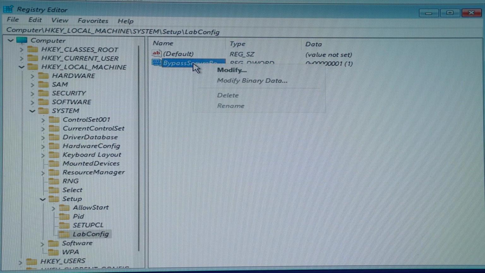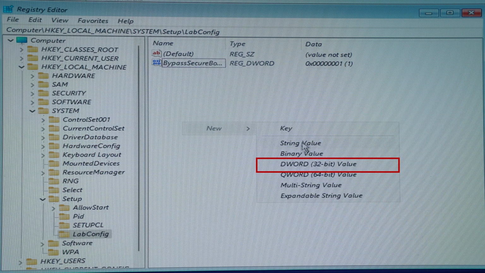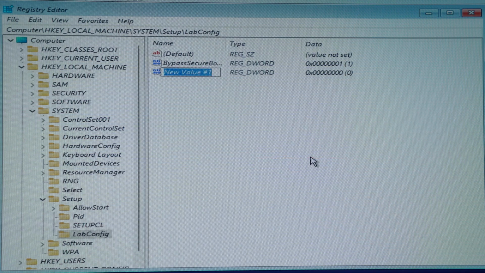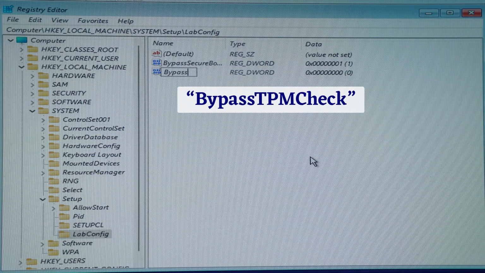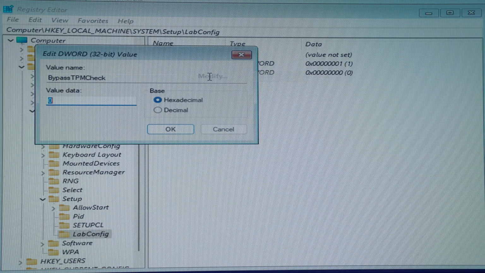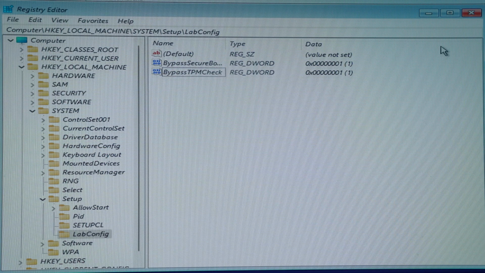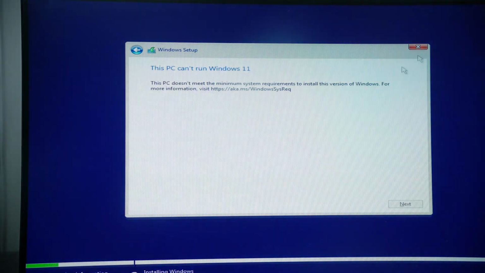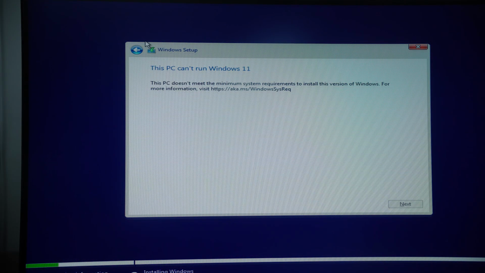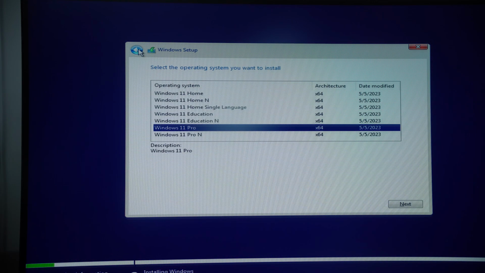Now similar to this one, we're going to create one more word which will be bypass TPM check and then again we're going to modify its value and then I'm gonna make it 1. Now let's close it and go back again to the same screen. Now let me click on back and this time let's again click on next